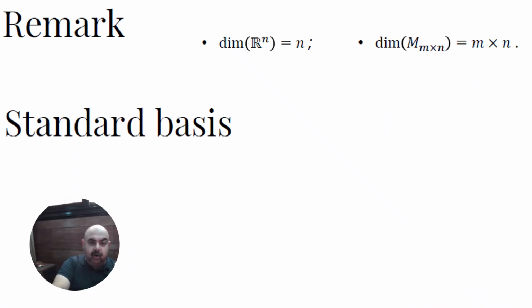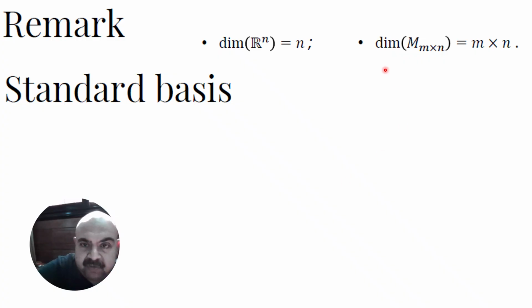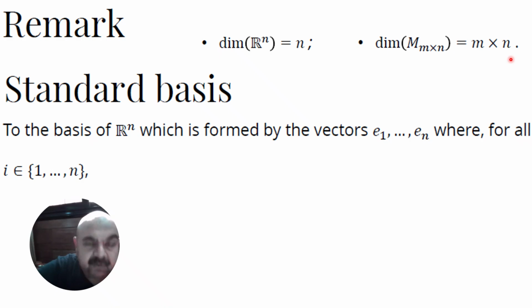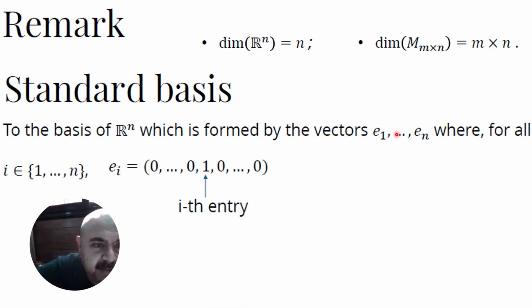Okay, to confirm all of this, these remarks are for this. The dimension of Rn is equal to n. The dimension of any matrix of m by n is going to be m times n. The standard basis for every vector space is going to be the canonical form that we will announce. It's going to be the basis of Rn, which is formed by vectors e1 through en, where e of i, for all i from 1 to n, is such that